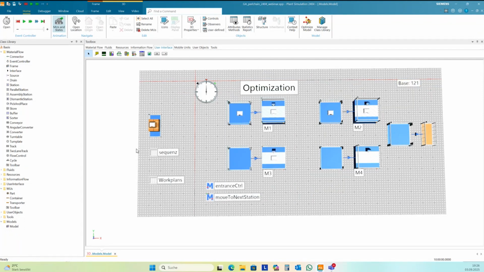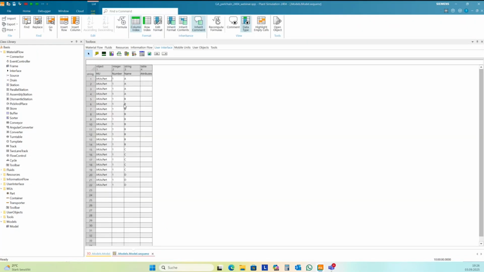Okay, with this sequence, I get 121 after 10 hours. And now I need to change this order. I need to change the order of this Perl chain in order to optimize, in order to increase the throughput.